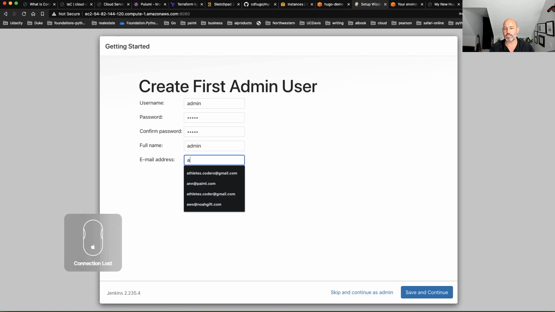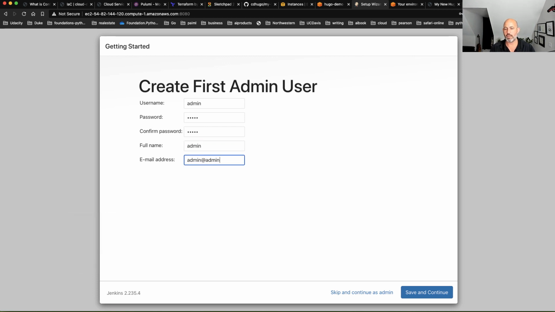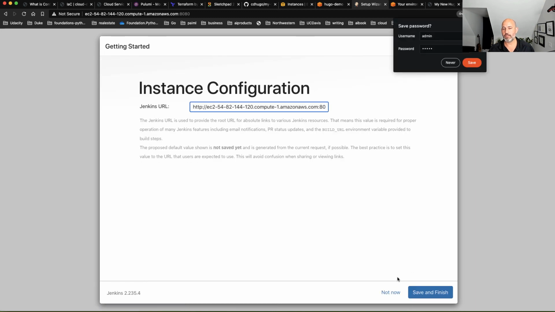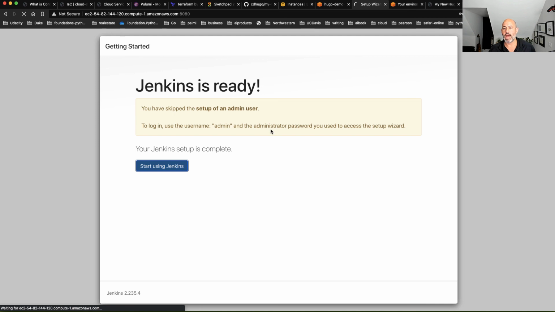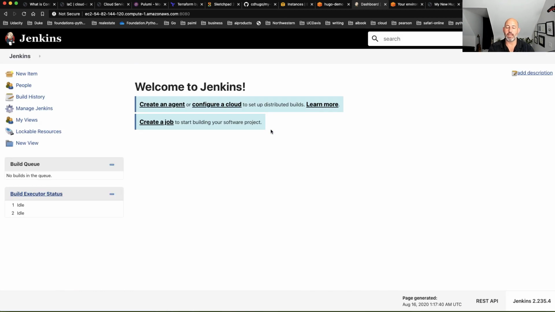But again, this is a great way to demo this thing out and play around with how you could set up Jenkins and what you could do.